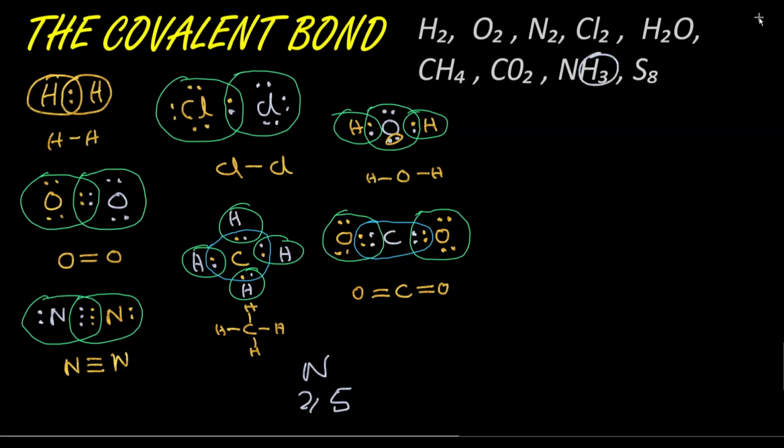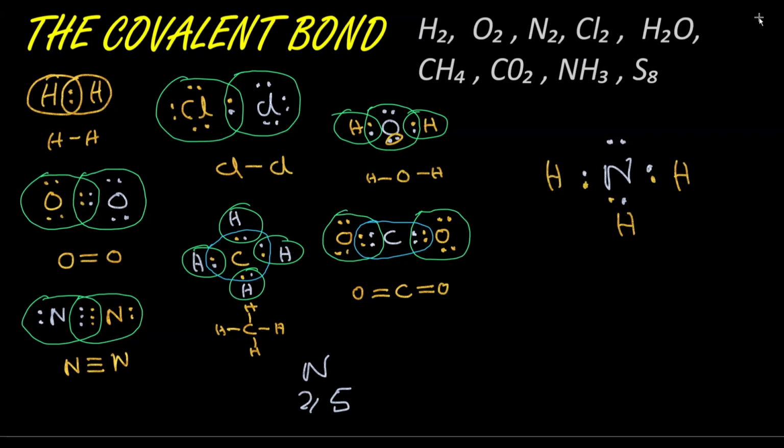So this way, you can see that this nitrogen will keep 1, 2, 3, 4, and 5th electron like this. Well, hydrogen with 1 electron forms a bond, with 1 electron forms a bond, and another